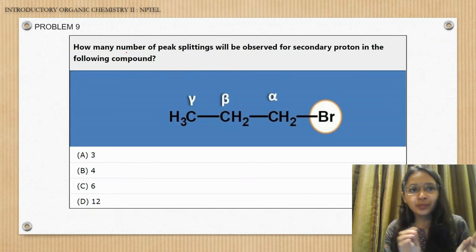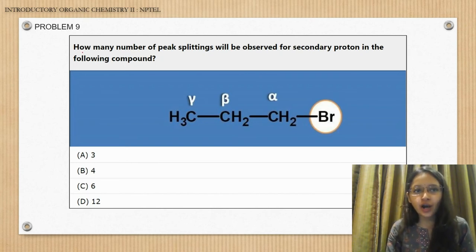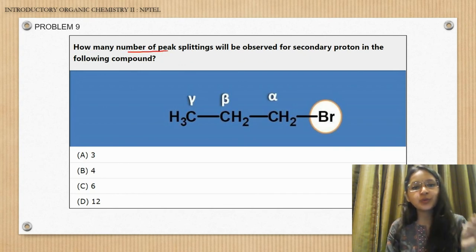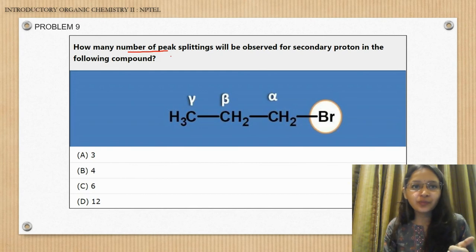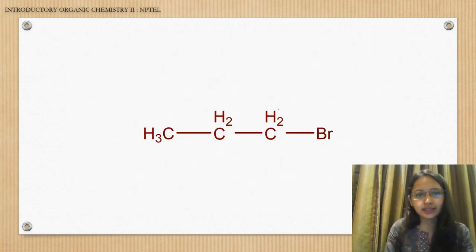But here it is not mentioning the number of signals. They are asking how many peak splittings will be observed for the secondary proton. See, the number of peak splittings. Now you are going to have some splittings in the NMR, not the number of signals. If you are asking about the number of signals, then your answer is right, that is three. But how many peak splittings will there be? Now you have to calculate the splitting. I have just expanded the structure. Here, for the methyl,